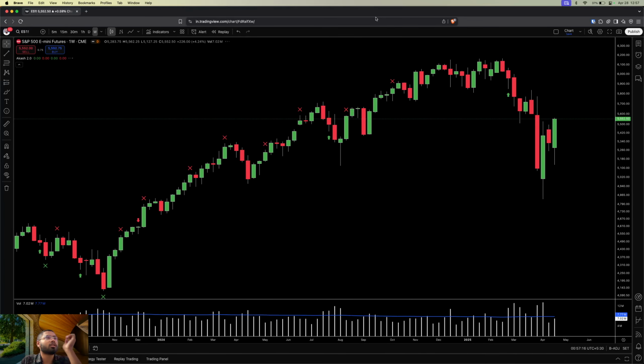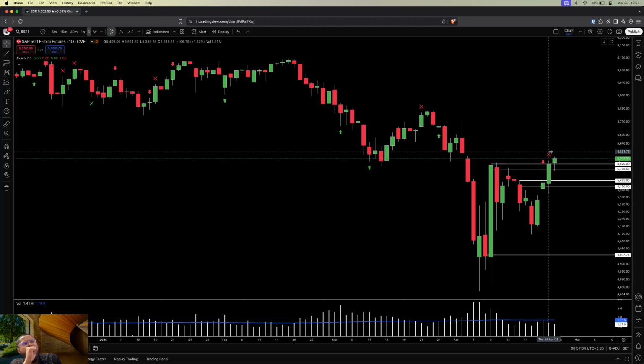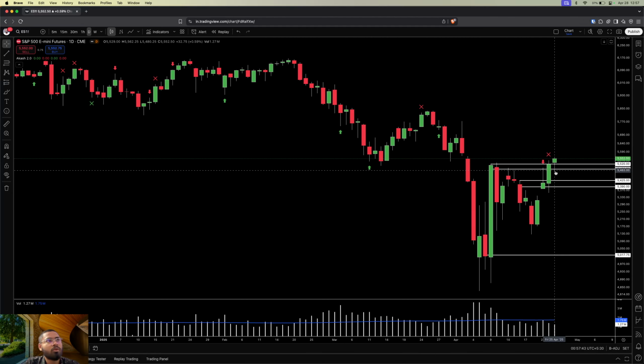Now let us move to the S&P 500. This week was no doubt very full of strength and power. We engulfed this bar, and now if we see on the daily time frame, we got back to back signs of weakness, but we somehow managed to close above this 5520 level. I don't know if it will sustain or not.